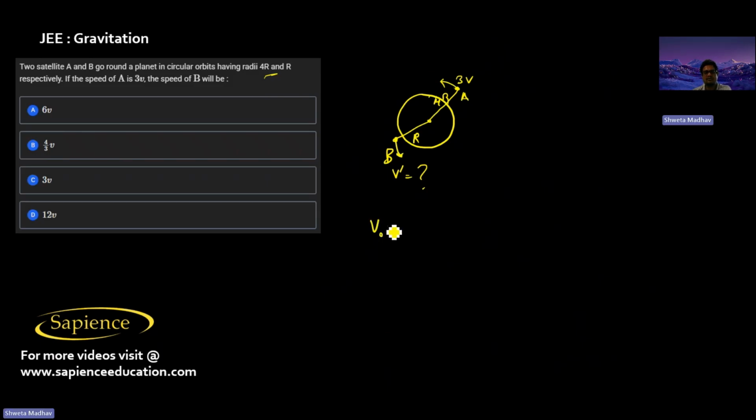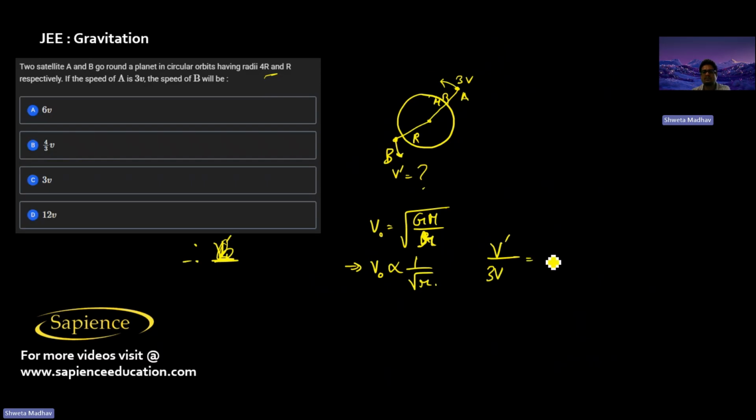Now we know that the orbital velocity is equal to root over GM by r, but r is the orbital radius. So v naught is inversely proportional to root r. Therefore I can say that v dash, the orbital velocity of B, and 3v, the orbital velocity of A,